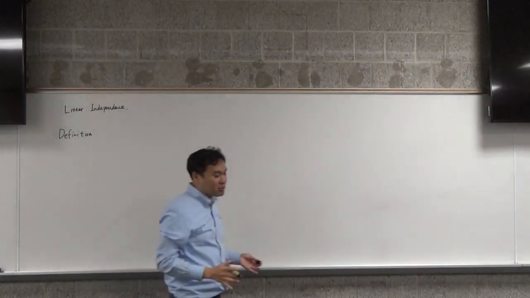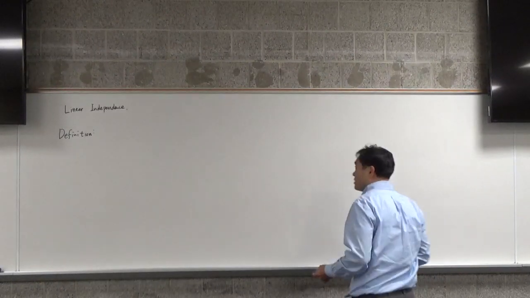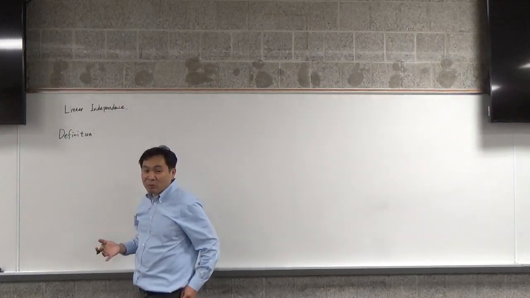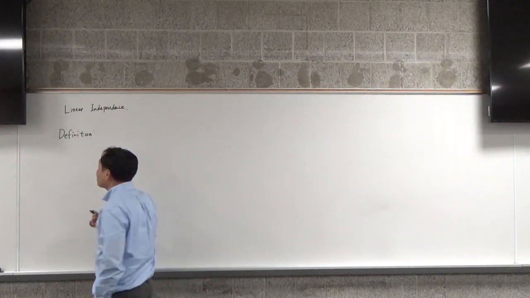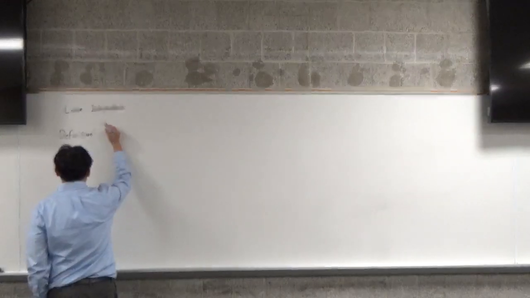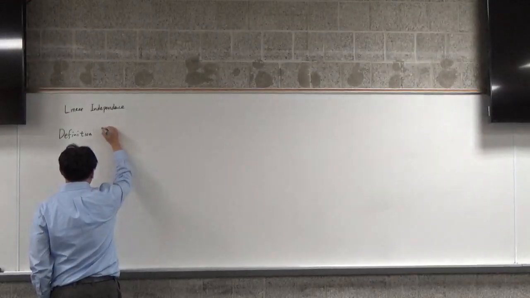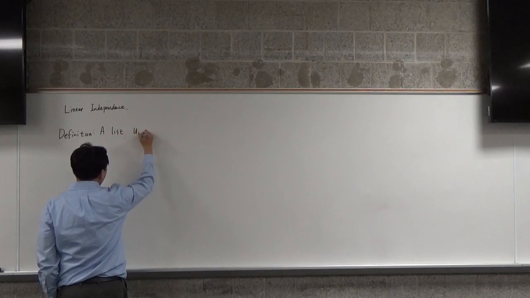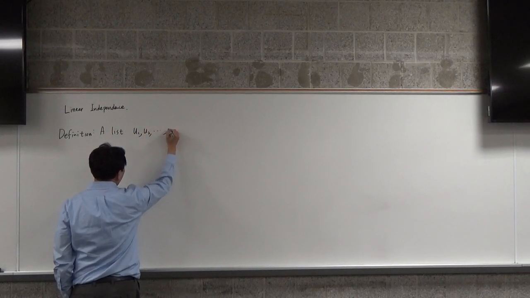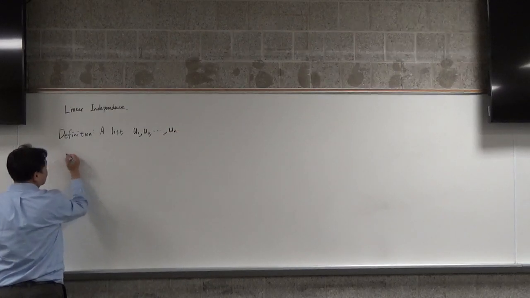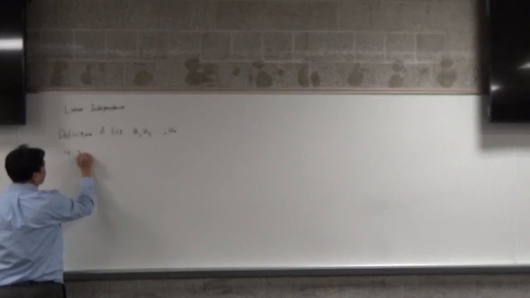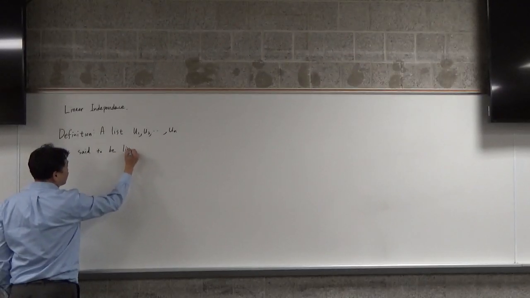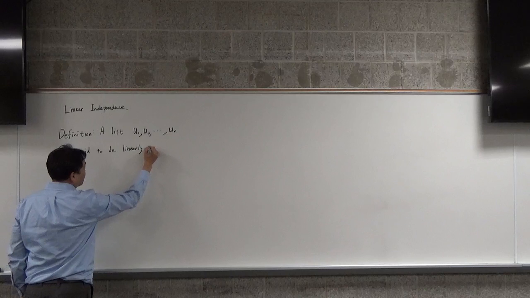I only defined what linear dependence means, but then the opposite of that would be linear independence, right? So I have the definition of linear independence, which is: a list of vectors u1, u2, un is said to be linearly independent,